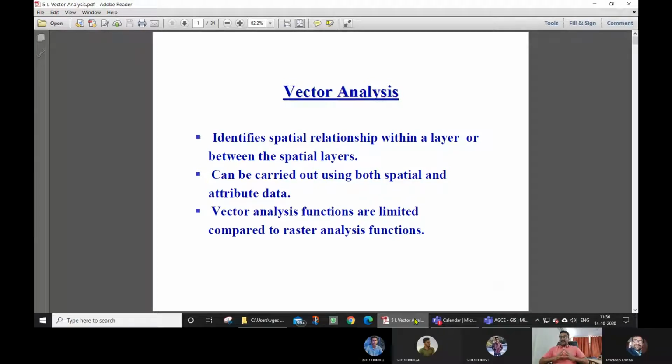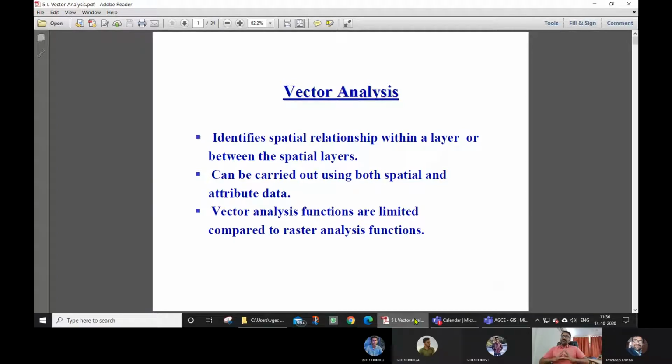Since these two are different spatial models of data sets, these are two different spatial data models in GIS, the vector data model, or you can say the vector spatial data model and the raster spatial data model.